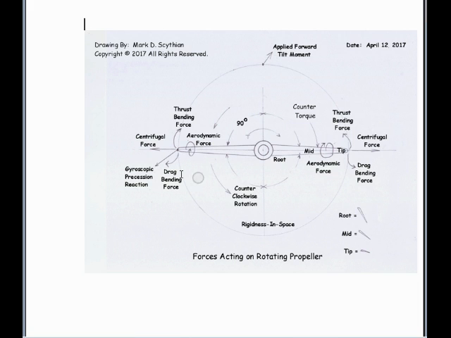As for helicopters, gyroscopic precession, this is exploited for main rotor tilt control, because on a helicopter you have a collective and cyclic control at the main rotor swash plate as well as an anti-torque rotor on a conventional helicopter. And so if this was a helicopter rotor rotating counterclockwise looking down on it, and the pilot wanted to have a forward tilt,